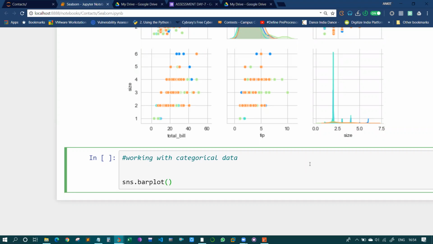So sns.barplot, here we will mention x equals, for example, day, and y equals, let's say, total bill. Here one of the things must be categorical data like male, female, smoker, yes, no, true, false. So we mention the day, which is categorical, and total bill is continuous. And finally, data equals tips.